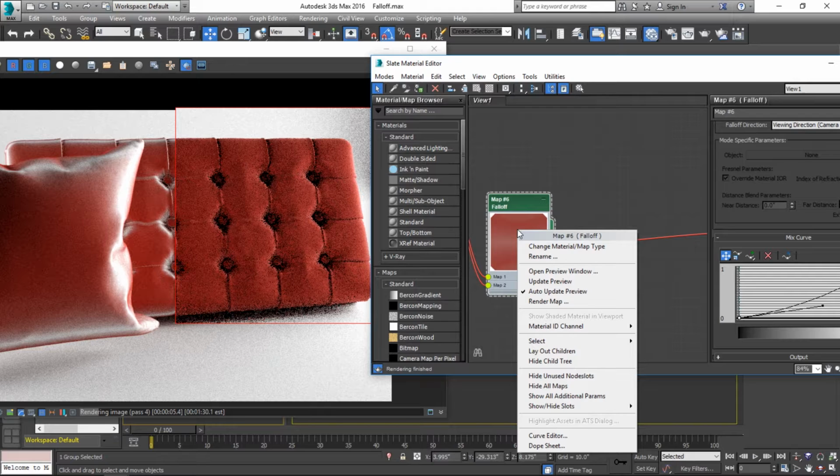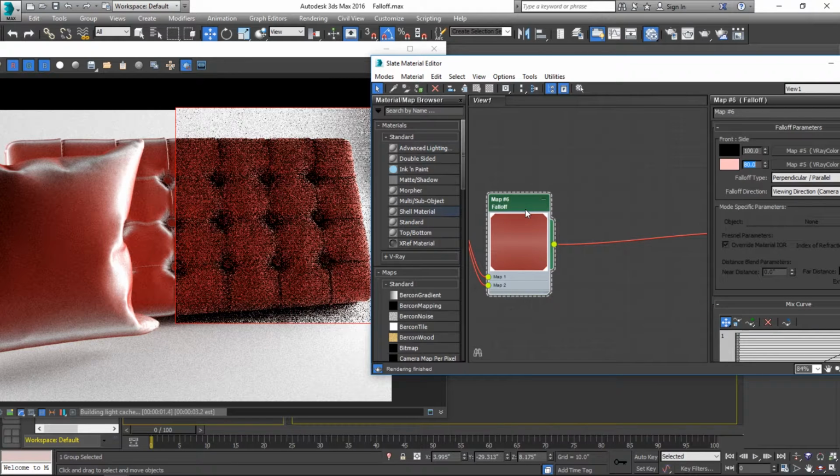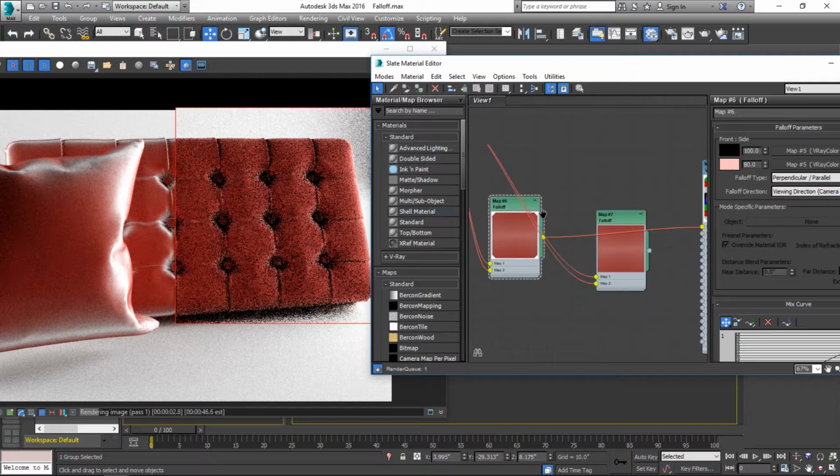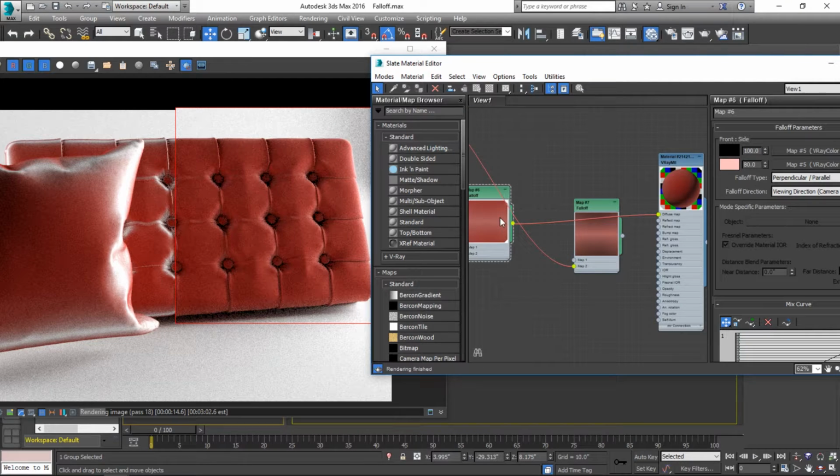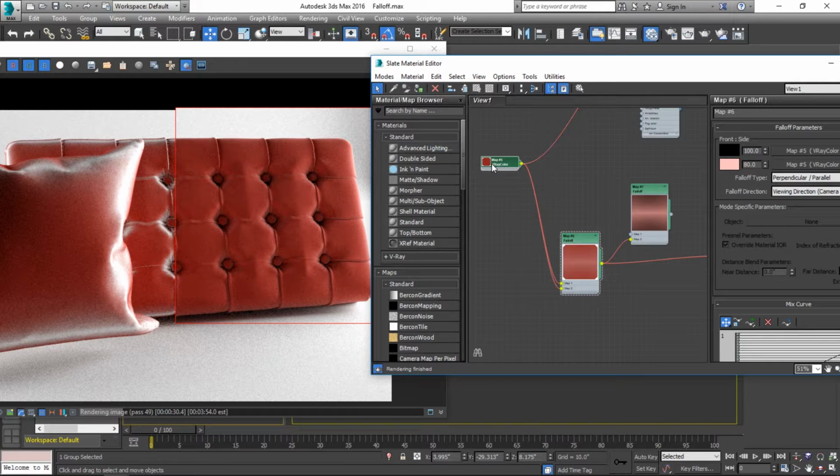Looks like I need to bring it down a little bit more, and then I'll create another falloff. Now with this falloff, I want to start to introduce a darker color on the other side of the spectrum. So I'm going to plug the original falloff into my new one in map 1. Or I'm sorry, map 2. And then I'm going to take this original color and make a darker version to plug into the secondary